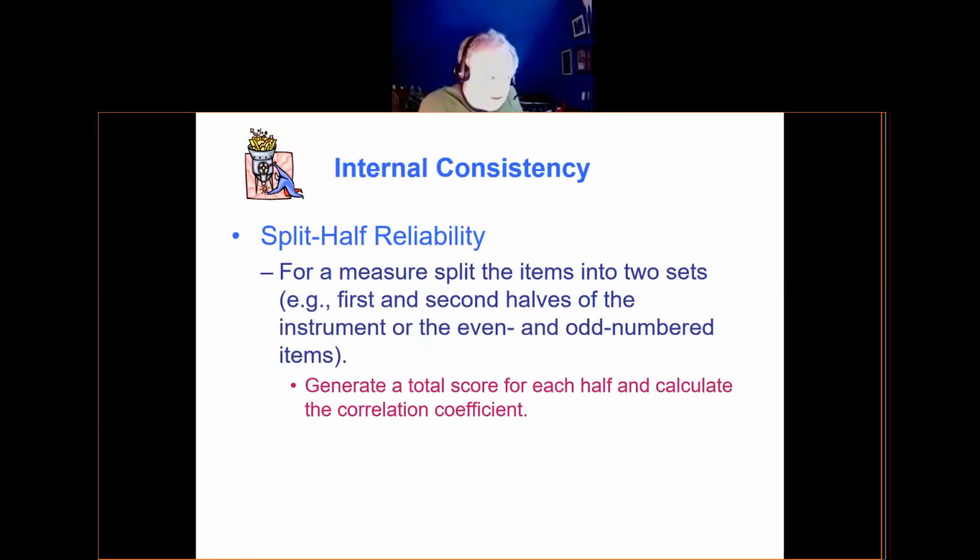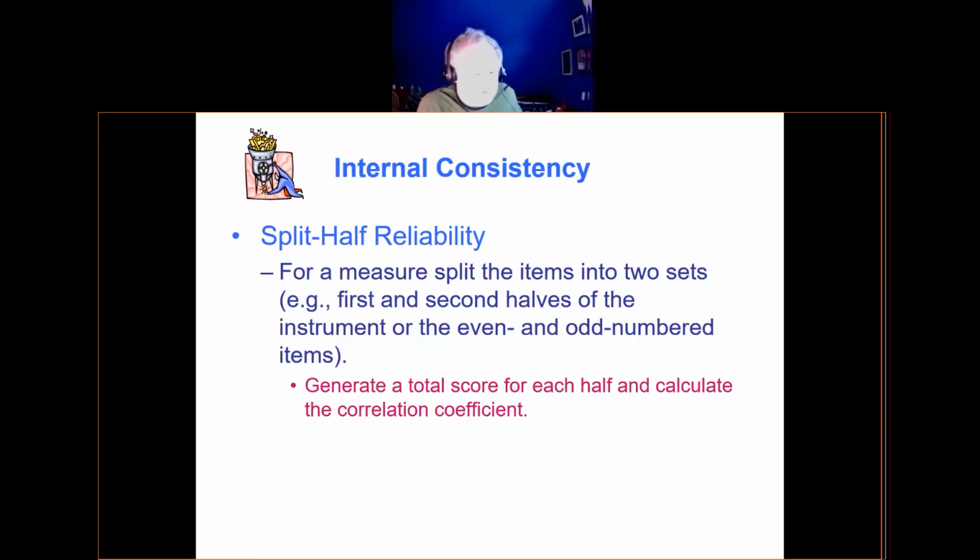So test-retest is something in terms of just overall test score. For internal consistency, you can do split half reliability, right? You can take the first half of the instrument and compare it to the second half, so the first 15 items and the second 15 items. Create a score for the first half, create a score for the second half, and then calculate the correlation coefficient. So the score for the first 15 questions should correlate with the score for the second half, questions 16 through 30. Right? So that's split half reliability.